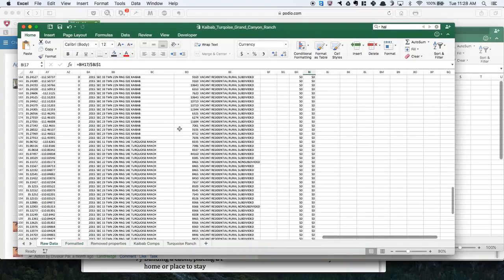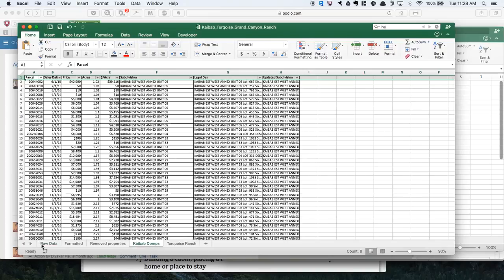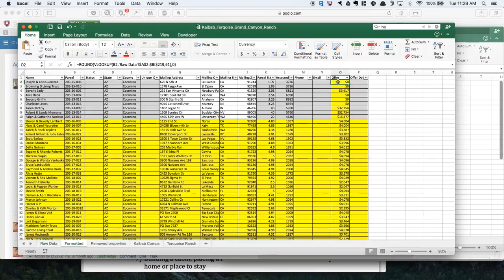So in the raw data, in a previous video we talked about how to get the correct subdivision, and then once we have the correct subdivision we can use our comp spreadsheets to figure out what the right dollar per acre is. Once we have the right dollar per acre on this raw sheet, it automatically calculates the market value, and then from there it automatically calculates the offer. So all you have to do is get the subdivision and then the price per acre, and the rest will figure itself out. Then on our formatted sheet, all we want is the offer, and we see that happens with